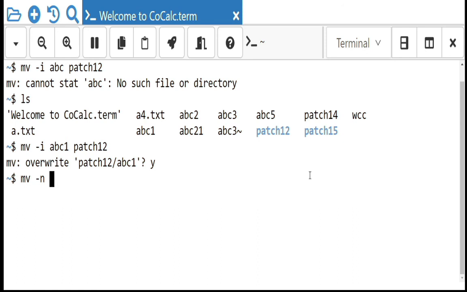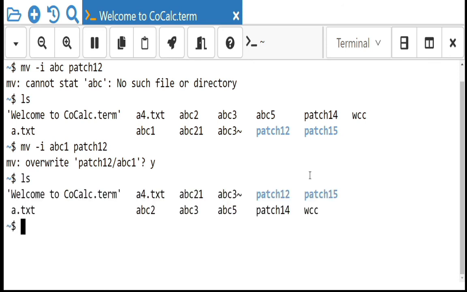For example, if we ls, we have all these files. Now I want to move to patch 1 2. So a1.txt, a5.txt, abc1 is already there. So to prevent an existing file from being overwritten, you are going to use the -n option.